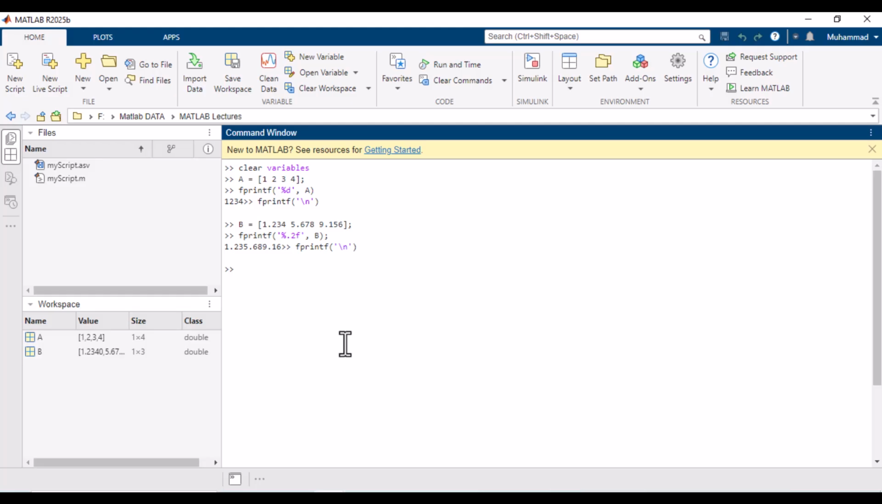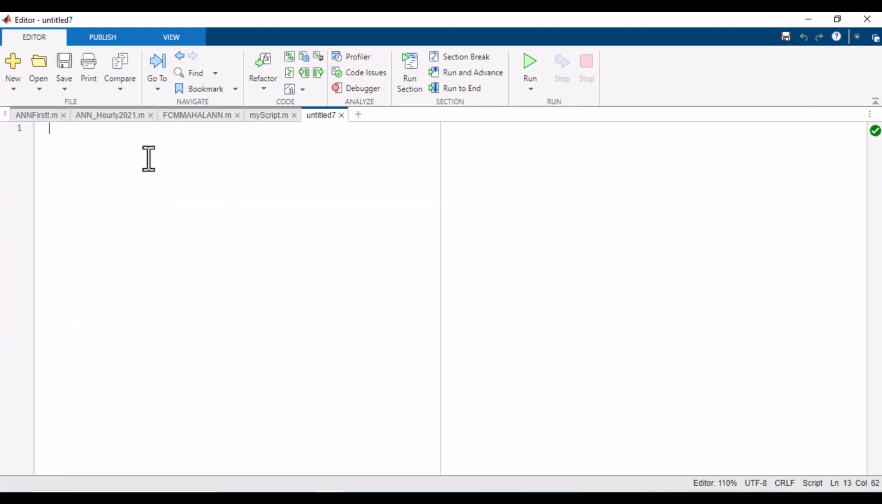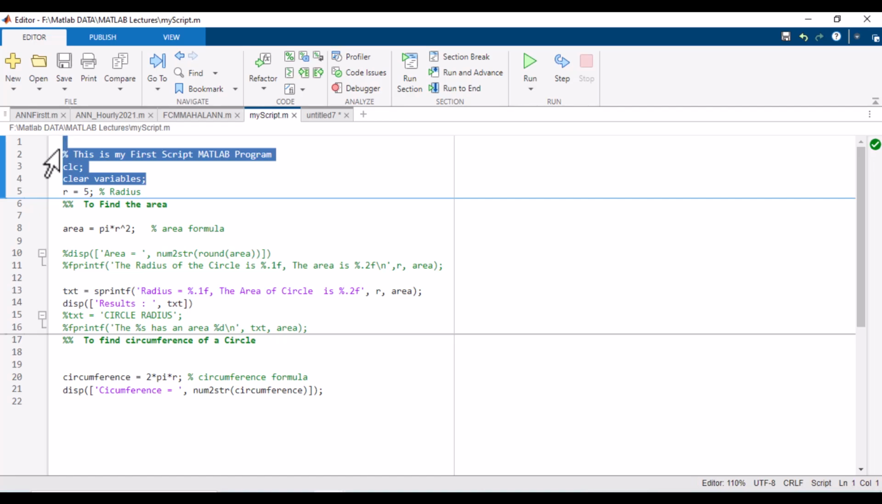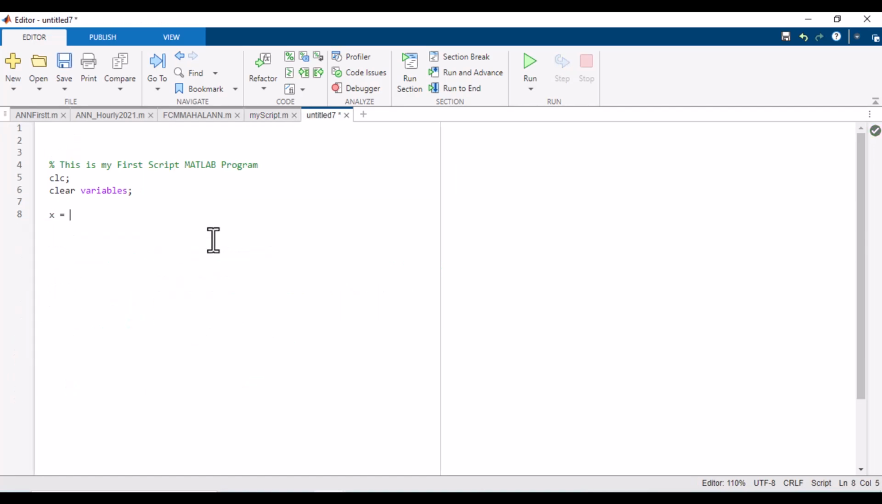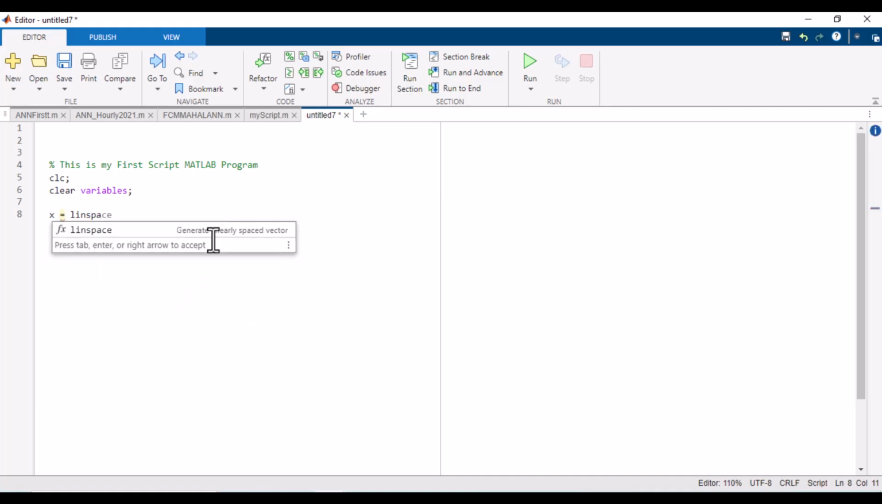lectures. Scripts are excellent for automation. For example, you can automate data loading, plotting, or report generation. For example, I create a new script file, copy these. Write a variable x is equal to linspace